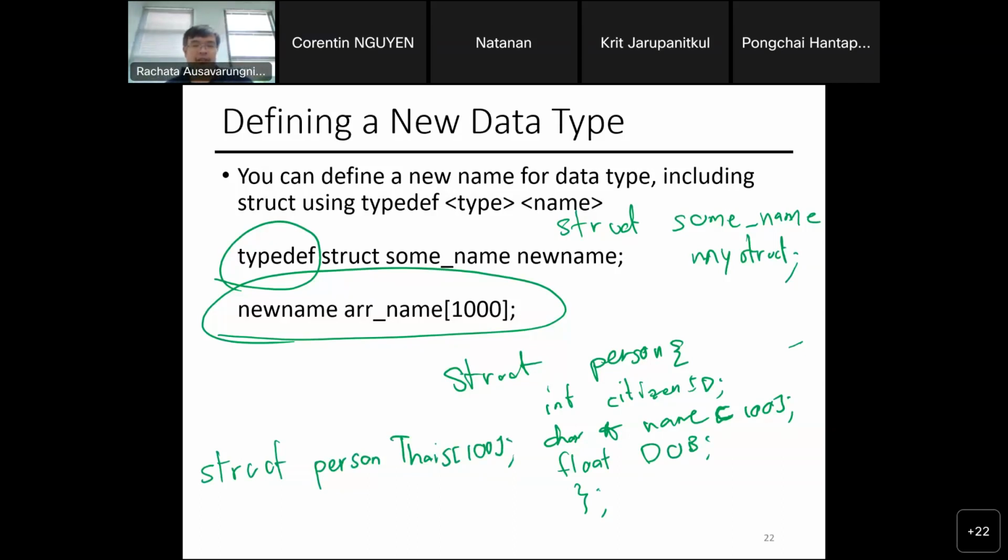Yes. So this allows you to store a bunch of person in an array. And this is kind of like when you query things from your database. If it's a structured database like SQL, then every item that you query, you get citizen ID, name, and date of birth. So there'll be an array of those.